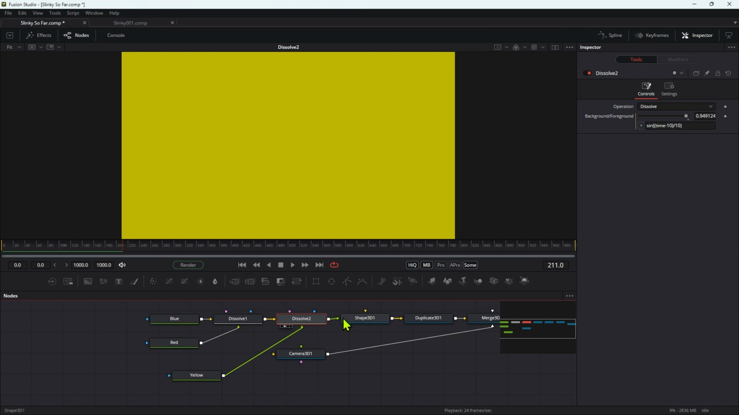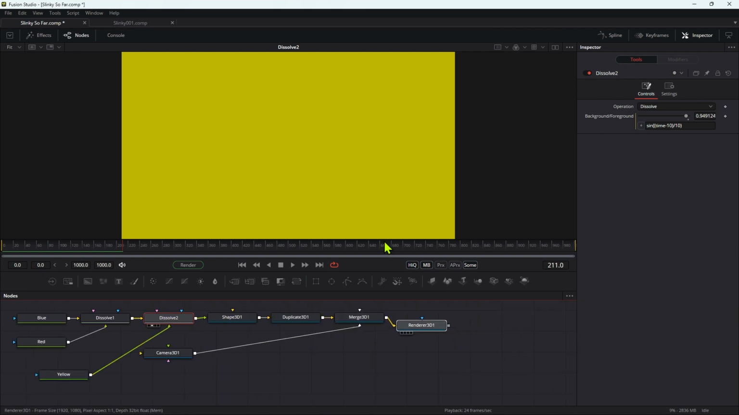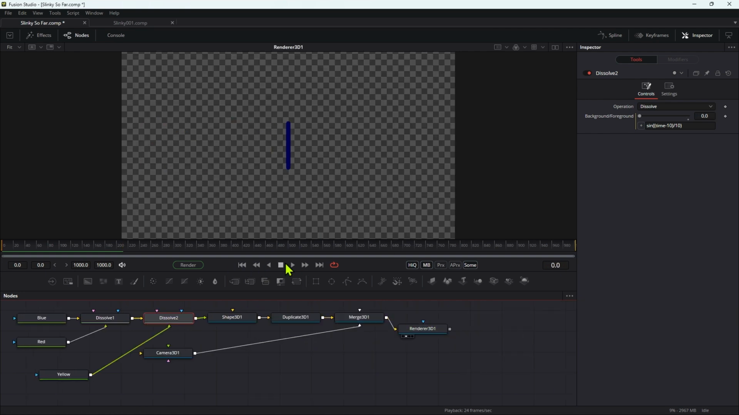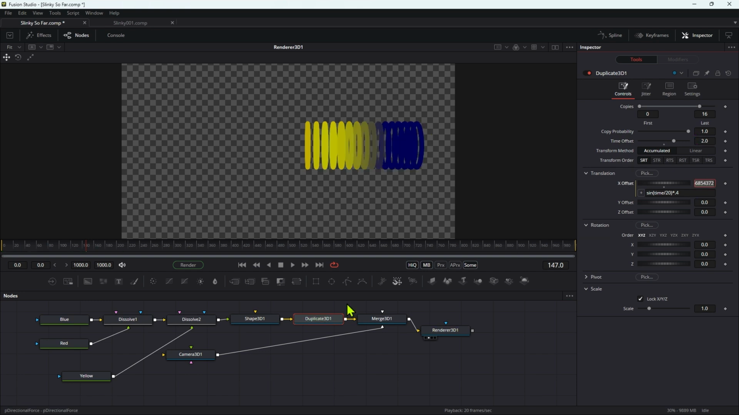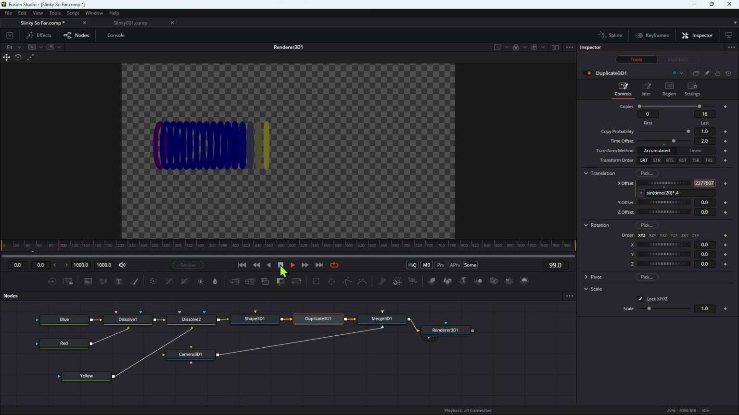Pipe that second dissolve into the shape there, and let's look at our renderer. And now if we press play, this isn't working as we would like because we actually want them to be out of phase. So what we actually want to do is come into our duplicate 3D here, and we need to manipulate the time offset. So we're going to have a time offset of 2 frames. And now that's going to look a whole lot better because we've spread that color cycling out across the animation